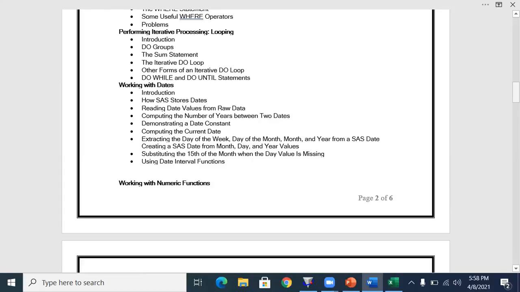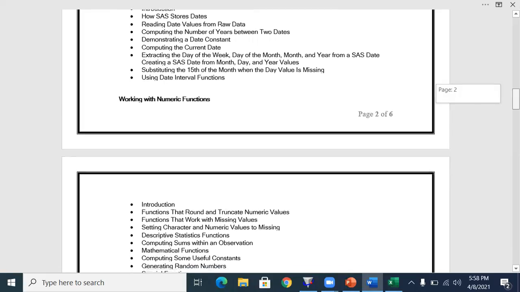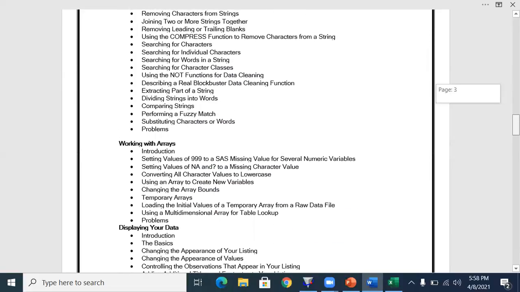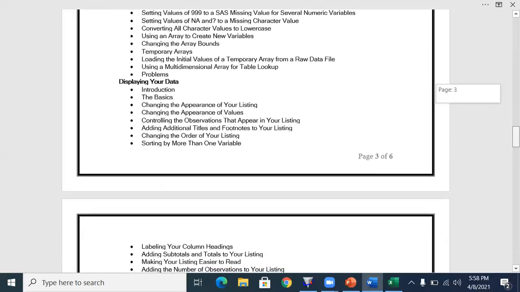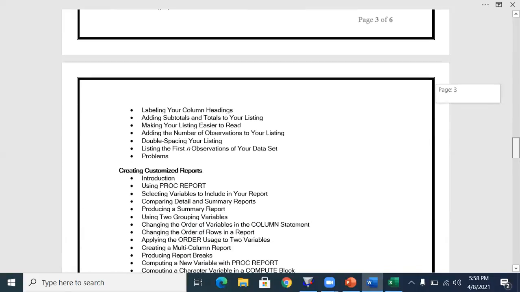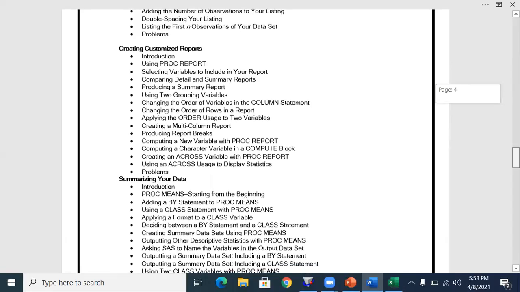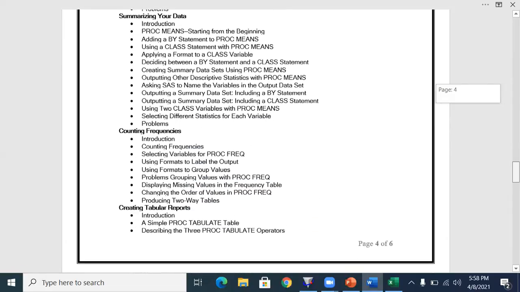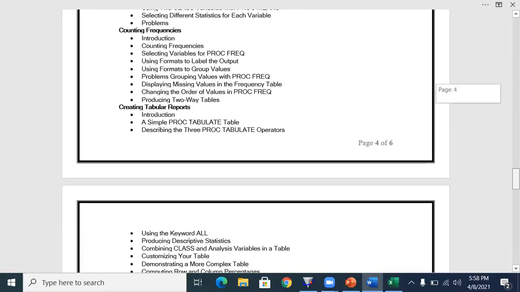Then do loops, dates, SAS dates, character functions, numeric functions, arrays, and all the titles, and then customized reports: proc report, proc summary, proc freq.